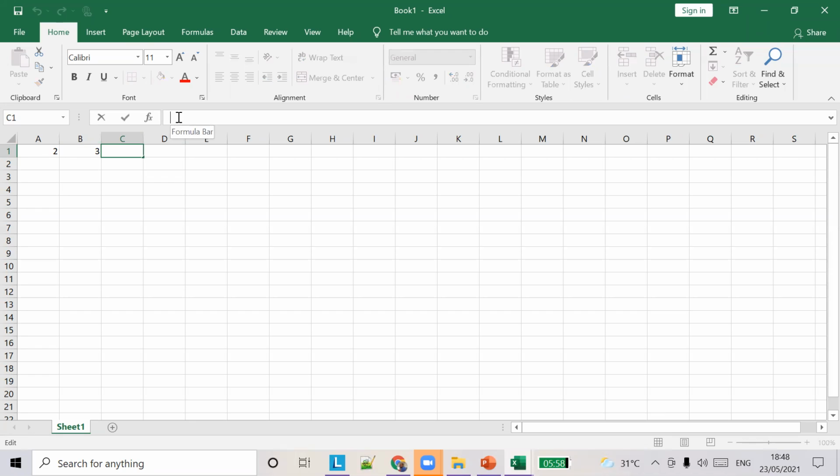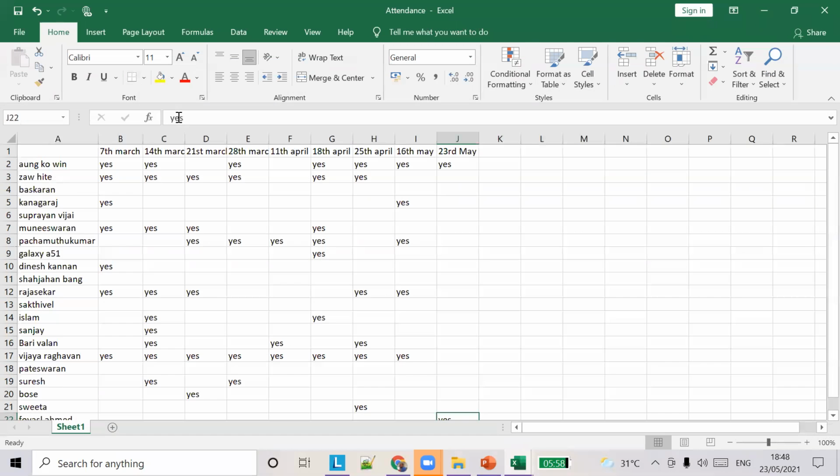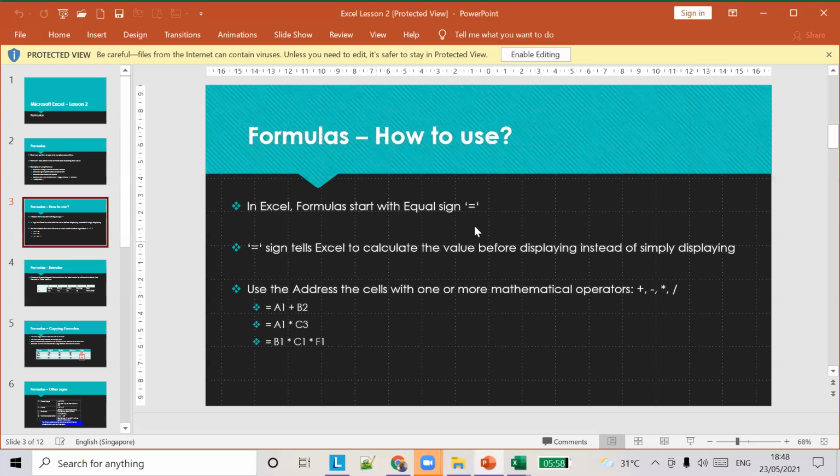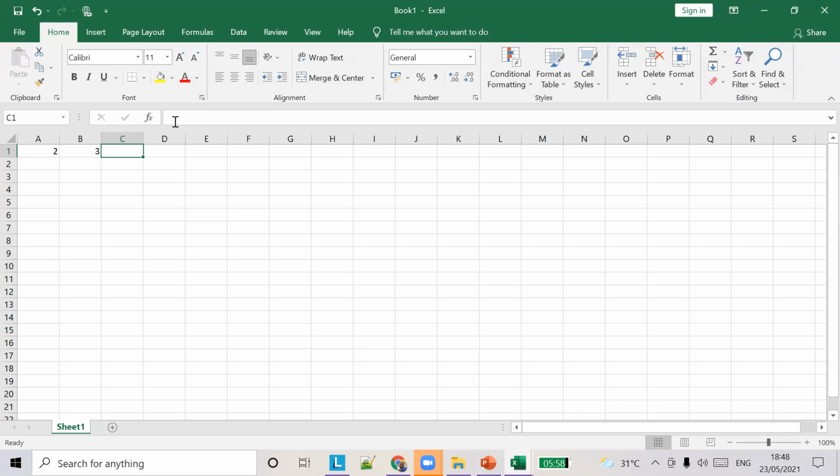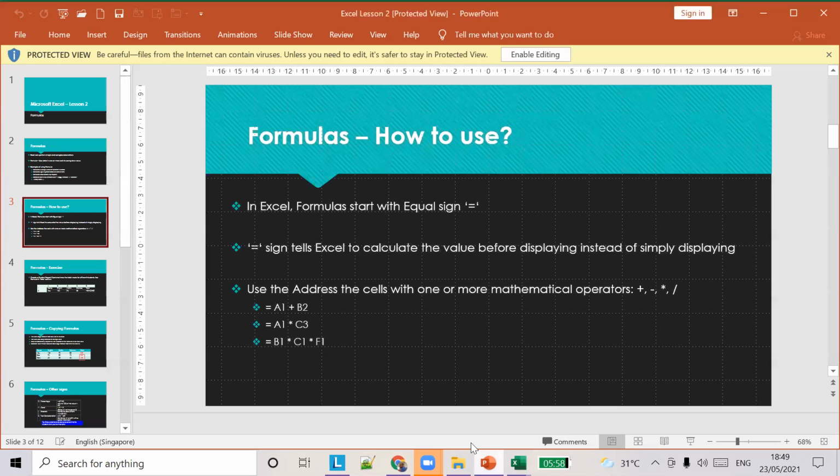So what we have to do is write a formula. As we learned, the formula starts with the equal sign. So first we type equal here, and then we have to add these two cells. We saw the examples, right?